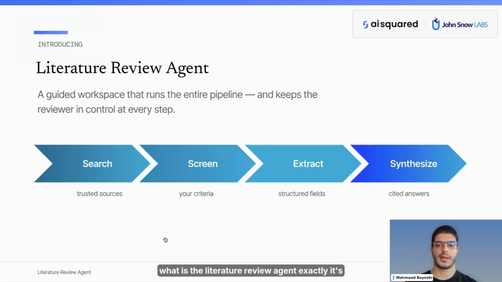So, what is a literature review agent exactly? It's a guided workspace that runs the entire pipeline for literature analysis and keeps the reviewer in control for every step. And it's a platform where AI and experts can work tightly together to conclude reliable results as fast as